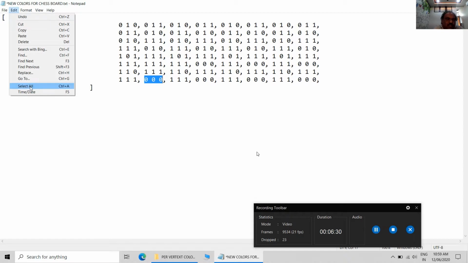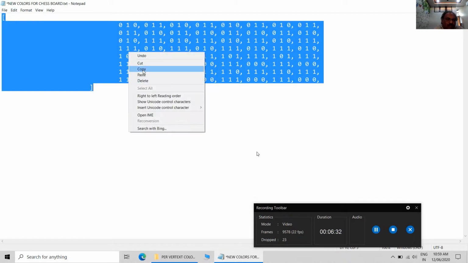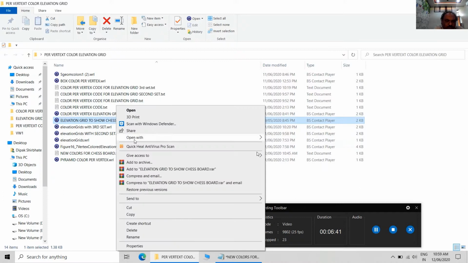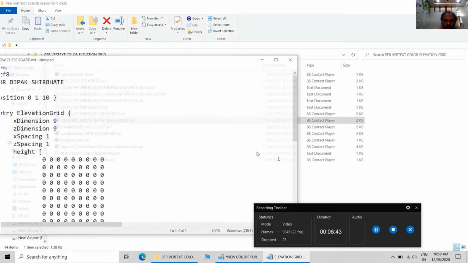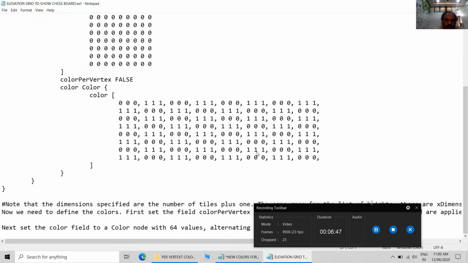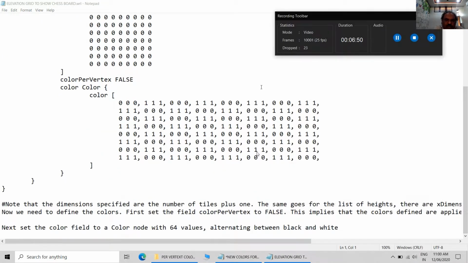Now it's time to copy the matrix and paste it into the chessboard code, which only contains black and white. And then we can see what will be the difference.